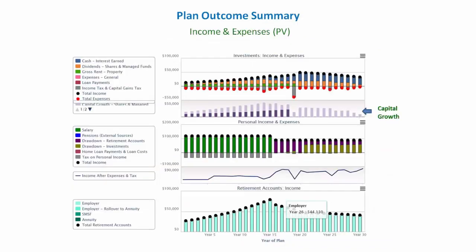Both personal and investment income and expenses are displayed, as well as the income generated in your retirement accounts. One additional feature is the inclusion of the capital growth anticipated from managed funds and share portfolios, as well as your investment properties. After using Financial Mappers, you will start to identify the colours employed and you will learn to read the graph. For example, look at year 19. There the investment property was sold. There is a very big capital gains tax bill that year, and you can see that there is no further